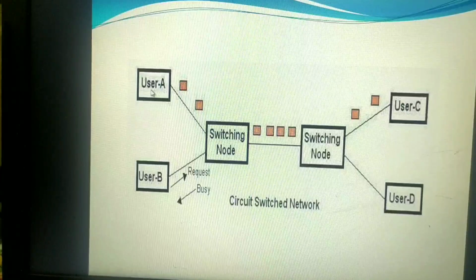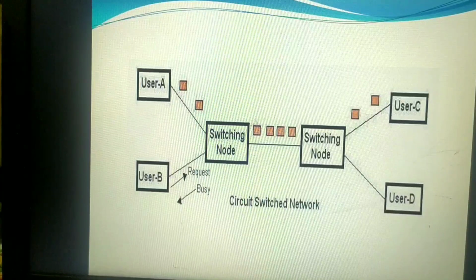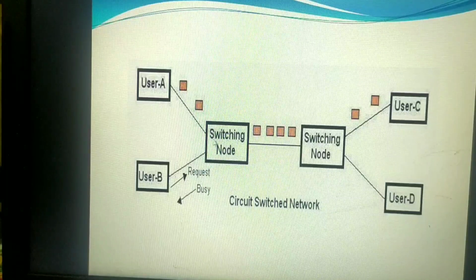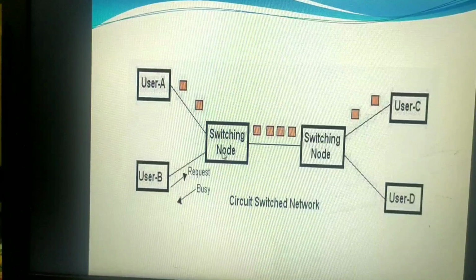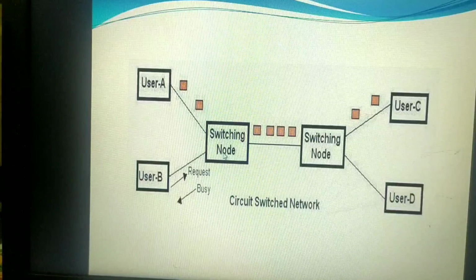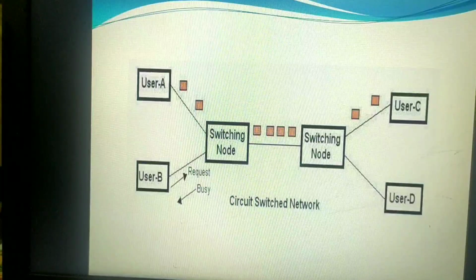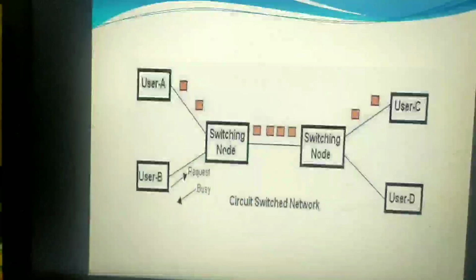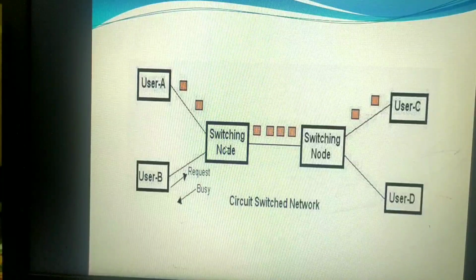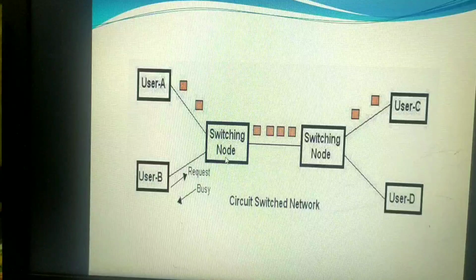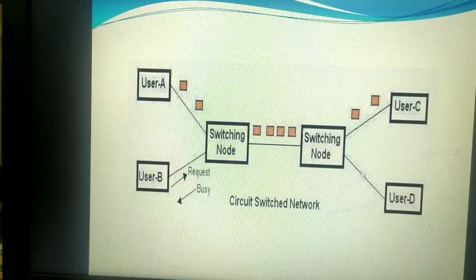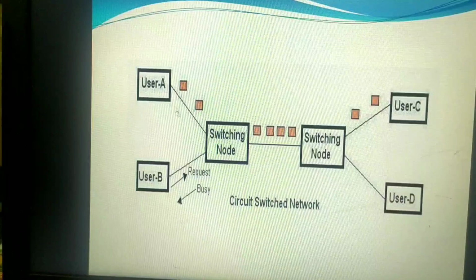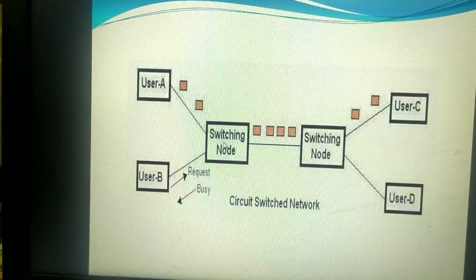Now think that A wants to communicate with C. When A dials the phone number of C, that signal will first go to the switching node, which can also be called the public switched telephone network. Previously I showed the slide where switches are the devices making the temporary connection. In this slide also, the PSTN, or switching node, is helping all these four different computers connect with each other so that they can communicate. That phone number first reaches the switching node.